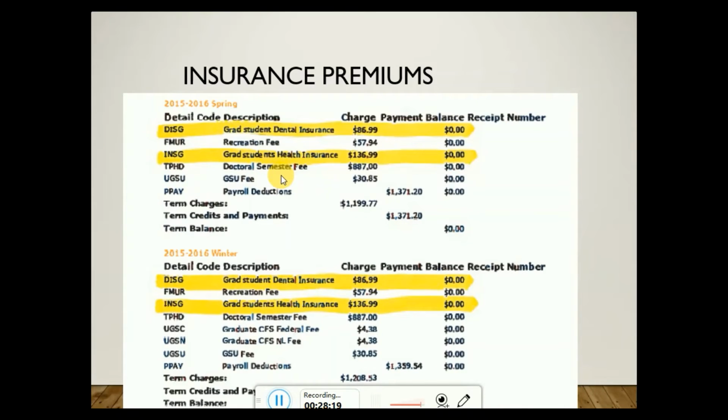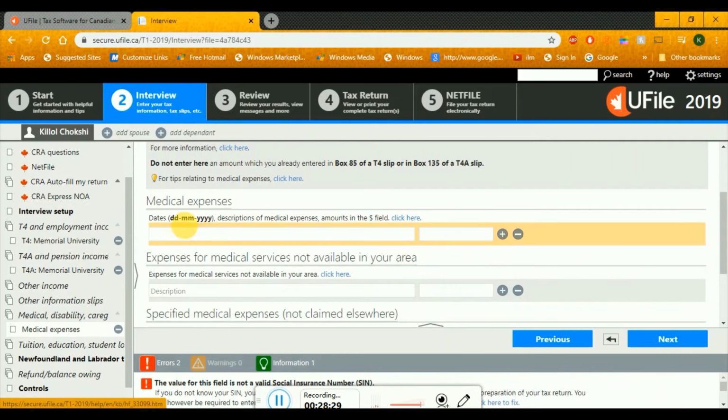Now this is a rough example again for insurance premiums. If you see, there's grad student dental insurance and student health insurance for a particular semester. So what we'll do is we'll write down the date as the starting semester date, and then we write down graduate health